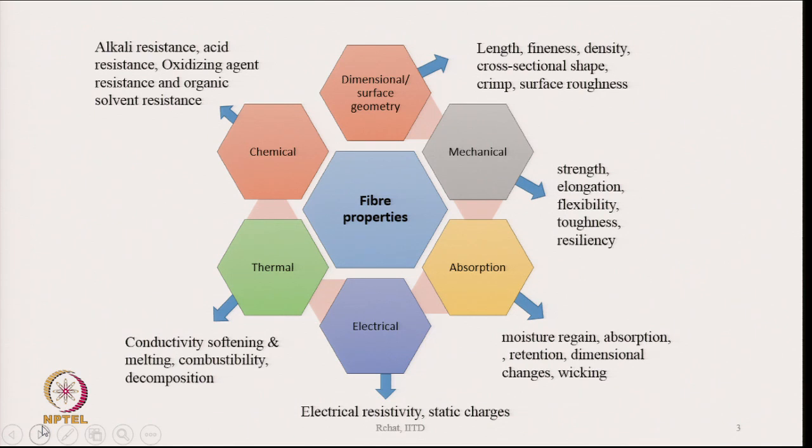As length is a dimension, fineness is a dimension, cross sectional shape is also related to dimension, crimp in a fiber and roughness of the fiber surface. These are all related to dimensional or surface property of the fiber. Even the friction can also come here. This is another surface property which could also be included, though it is not exactly dimensional, but is related